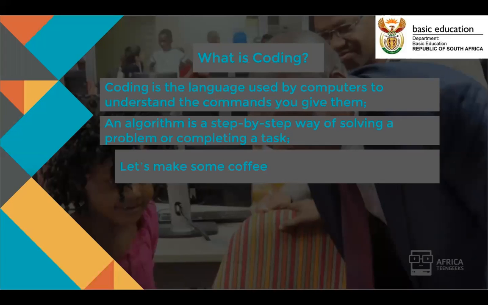First, I would walk from where I was to go to the kitchen. Then I would take out the ingredients to make the coffee. Then I would make the coffee. Okay, so that is what you would do. But still, I don't know how to make the coffee. I don't know where the ingredients are. I don't know the process of making that coffee.